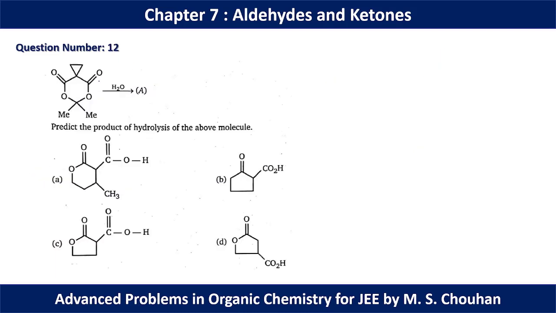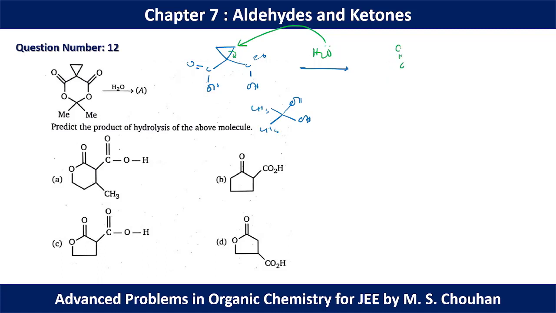Okay, in question number 12 we have two esters here. So in the hydrolysis process the ester will be dissociated into carboxylic acid and alcohol. So we have this kind of carboxylic acid and two equivalent of ethanol, CH2. Sorry, in this case we have this kind of alcohol, okay. Now the medium we have water because this is a hydrolysis process. So water can approach the cyclic ring and this C single bond C will be dissociated.